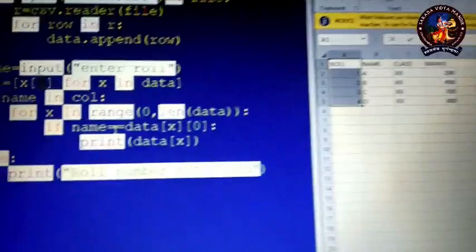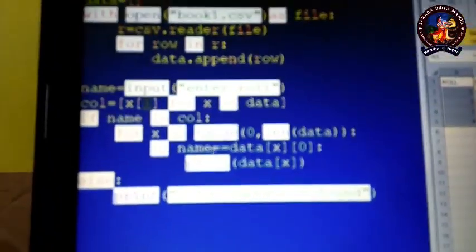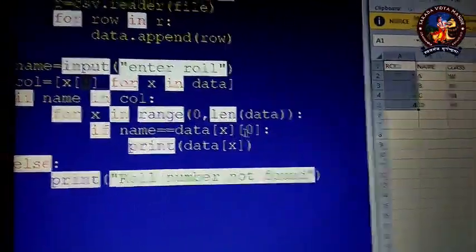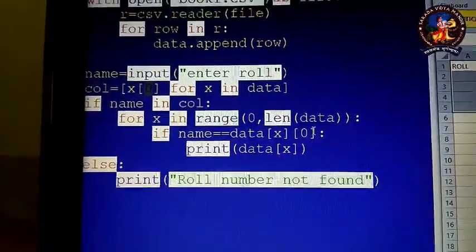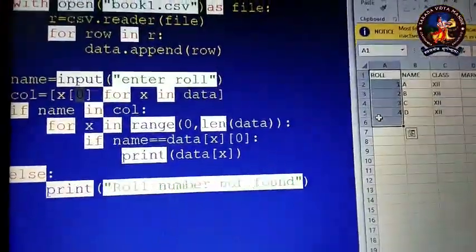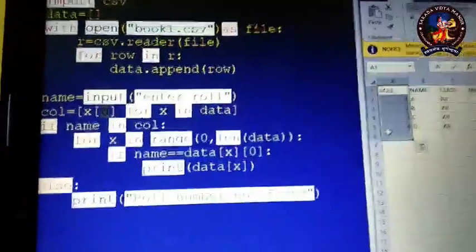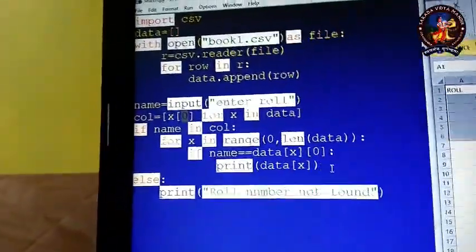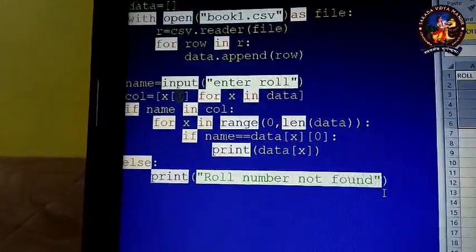Now if name, means roll number, is equal to data[x][0], x means the row number and 0 means the column number. So it will go on this way, because 0 will be static, x will be incremented. If the name has been found, print data[x], else print the roll number is not found.